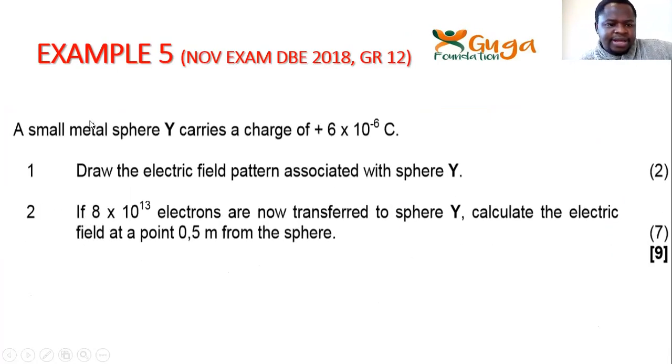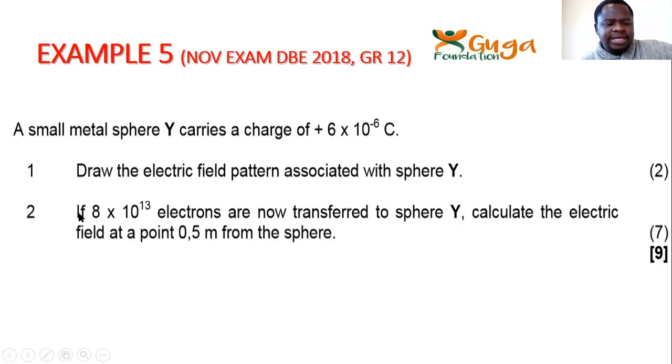So now, let's look at the example. This example was also taken from November exam 2018 to 12. A small metal sphere Y carries a charge. Here you've got a charge of 6 times 10 to the power negative 6 Coulomb. This is metal sphere Y. Draw the electric field pattern associated with the sphere Y. So now you can draw those patterns. I said for a positive charge, the arrows will be pointing outwards, so in other words, it will be